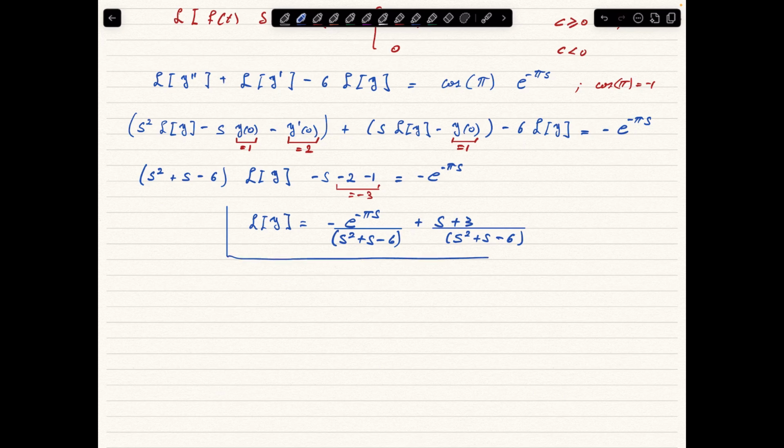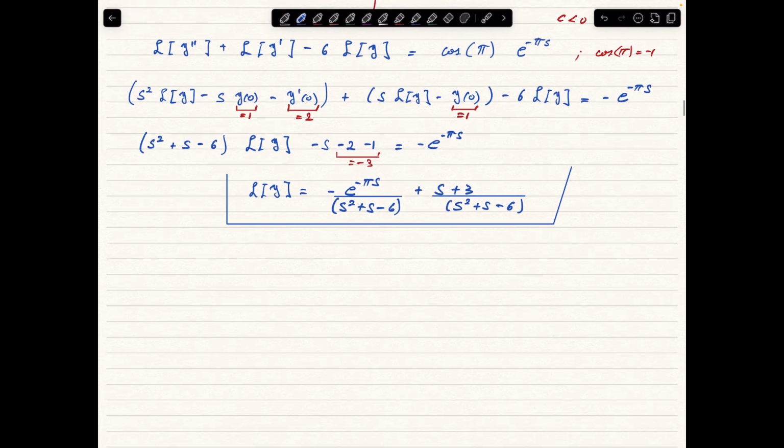So now what we need to do is find the function such that this is the Laplace transform. Okay, how do we proceed now? Well, that depends on what we have in the denominator. So we need to compute the zeros of the denominator and see what we get. Whether they are real or complex, we do different things. Okay, so zeros of the denominator, we need to find the solution of s squared plus s minus 6 equals 0, which is